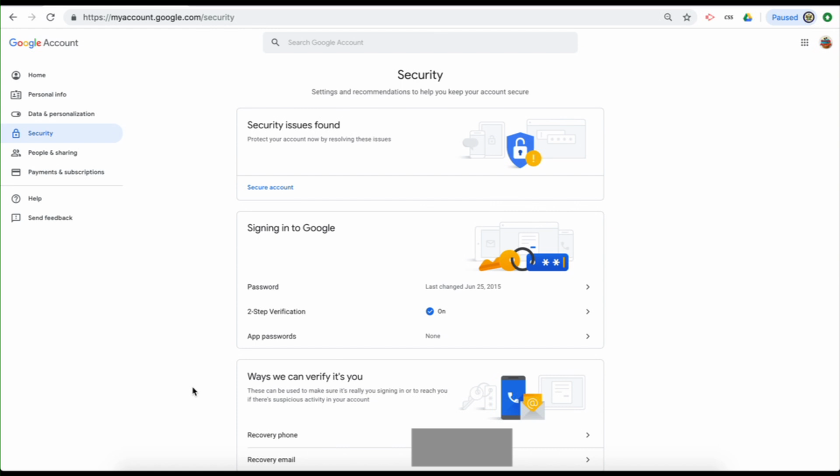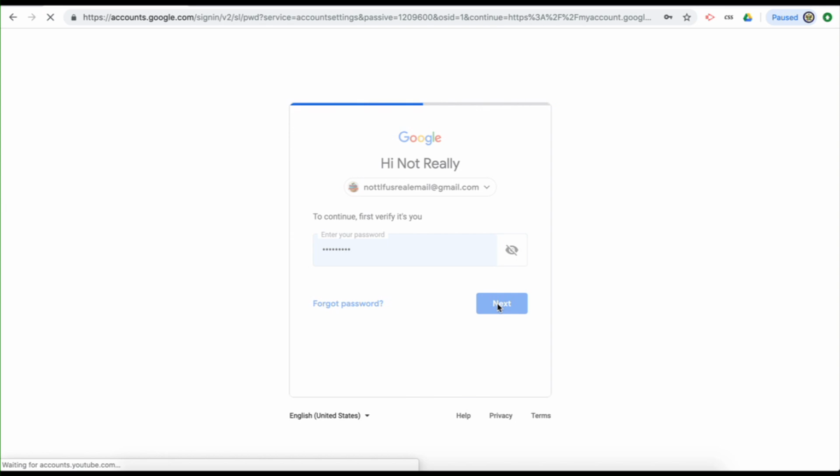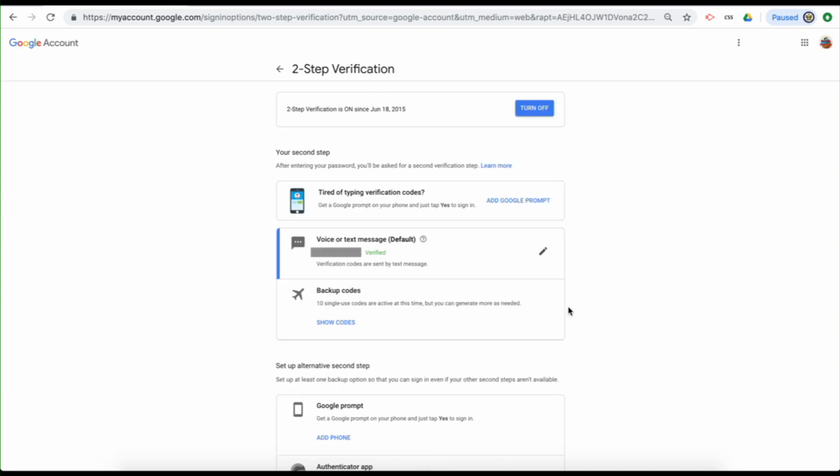recover the Google account. Now, looking at the top field, we have signing into Google, and under it we have two-step verification. And there's the term verification. If we click on that, I'm going to be asked to enter my email address or my Google account's password. And if we click on that and then have a look at these particular fields under two-step verification, this is the difference. These verification options are part of the sign-in process, not of the recovery process. So these verify me as the person with the authority to sign in, not just to recover the